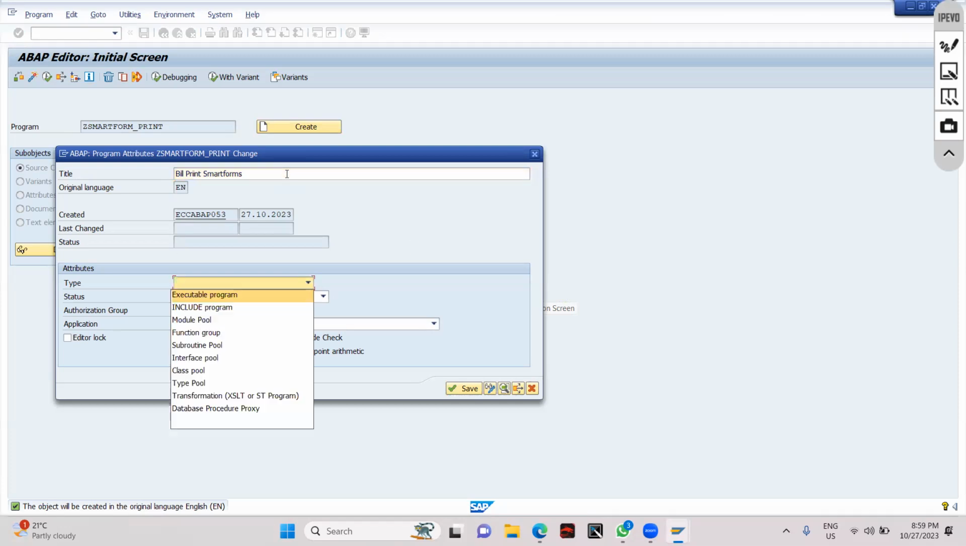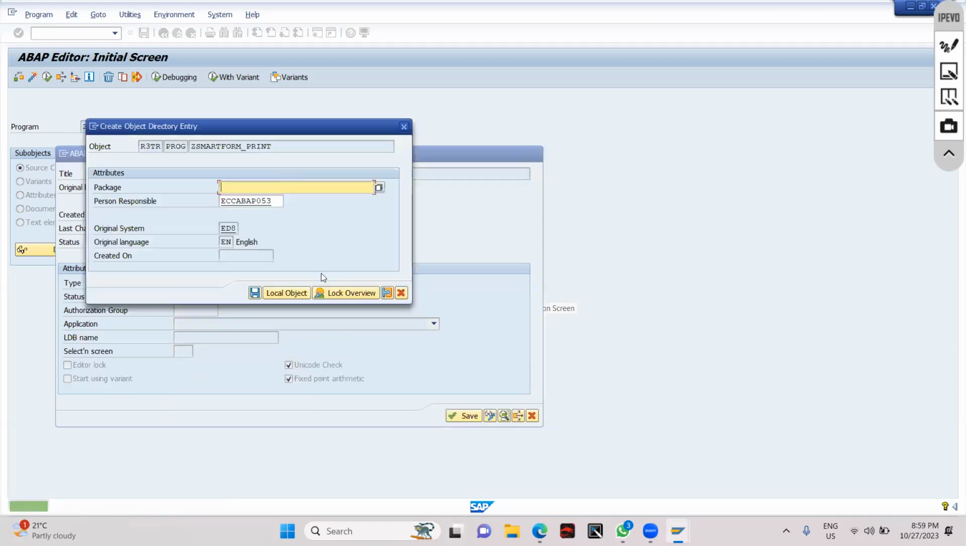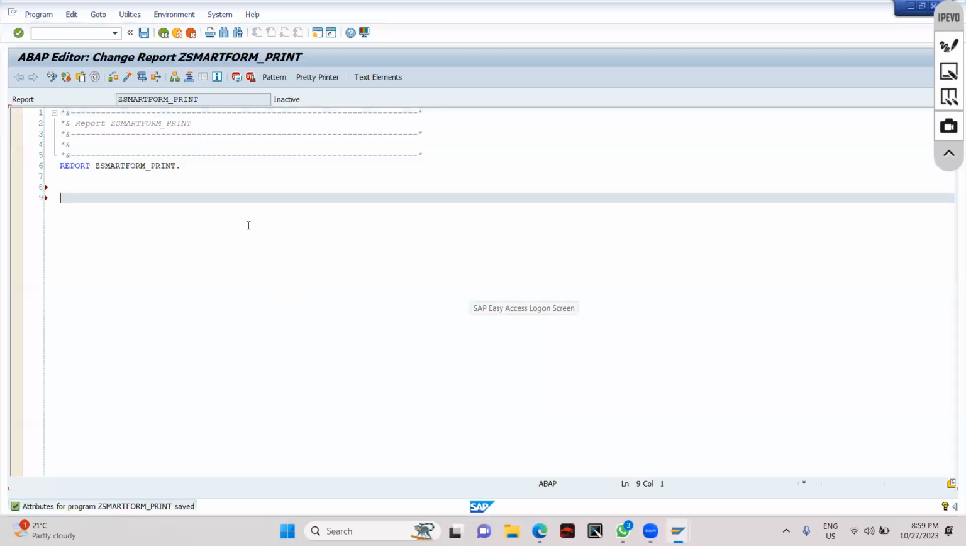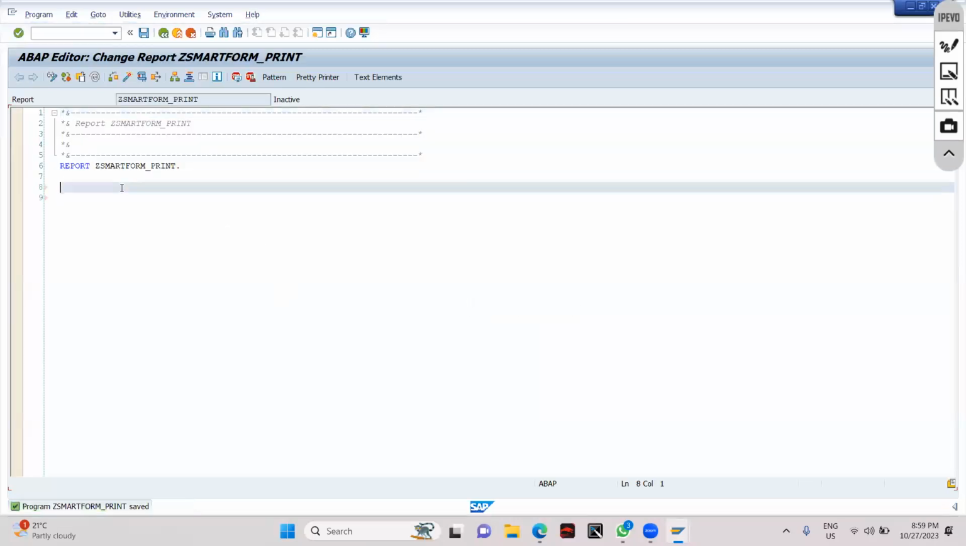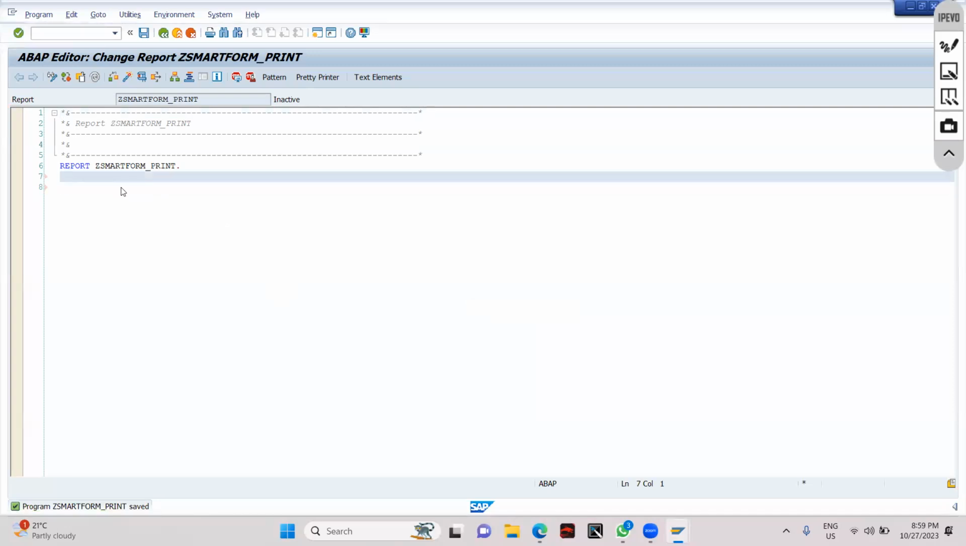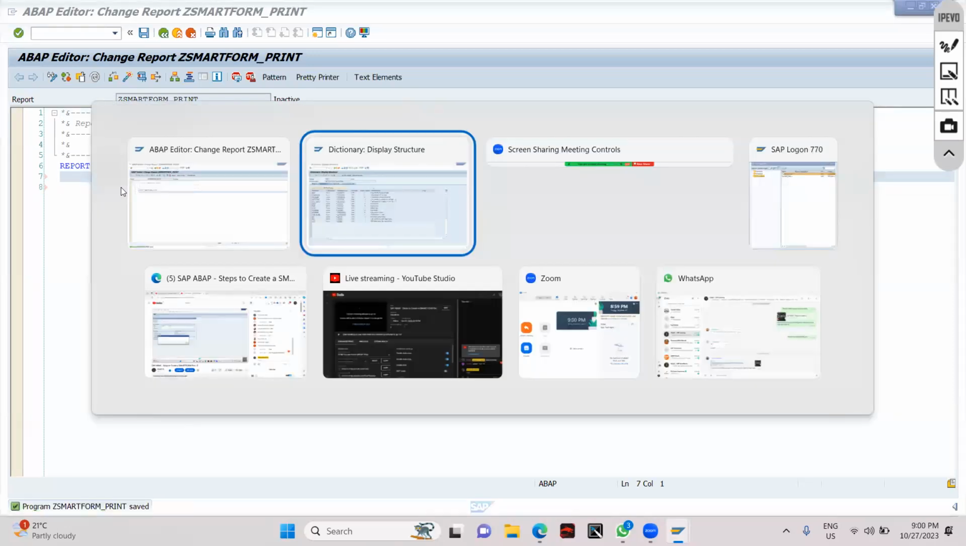We'll give it as executable. Local object we'll be using. Okay, then what we'll do here is, in the smart form, when you are seeing this, right,